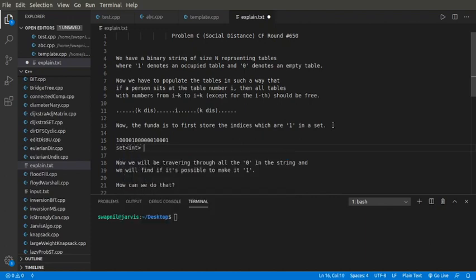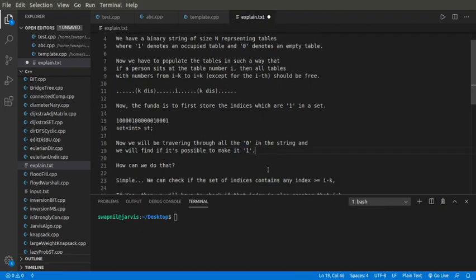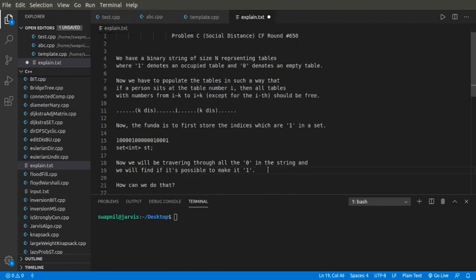Now after this we will traverse the string, and for all the indices whose value is 0, we will find out if it is possible to make it 1. So basically we are traversing through all the tables which are unoccupied and trying to make them occupied.